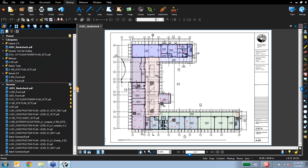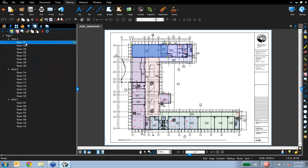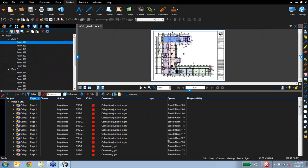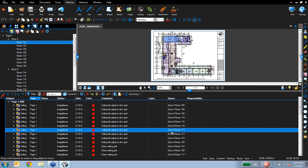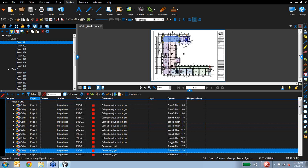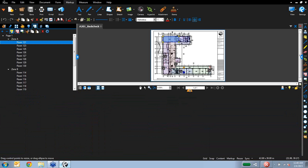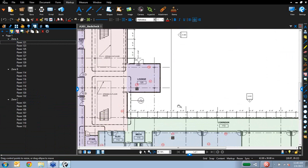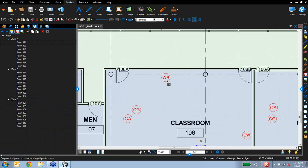Here we go. I have this back check documents. I believe this also has spaces defined on it. And one of the nice things you'll notice here is that since I use spaces, it's populating right in that spaces column exactly where these punch keys have been dropped. So that's immensely useful. So we introduced Capture with our previous version, and what it does is it allows you